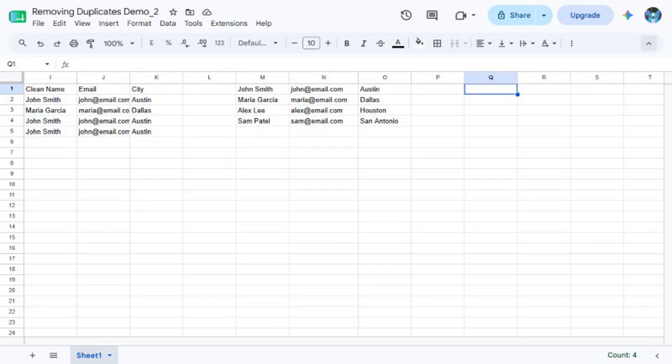In Q1, type Customer Count as a label. In Q2, enter =COUNT(customer_names). It returns 4, the same result as COUNT(I2:I5), but the formula now explains what it counts. Type customer_names directly into the name box and press enter. Sheets jumps to I2 through I5 and selects the named cells, which is useful when a workbook contains many important